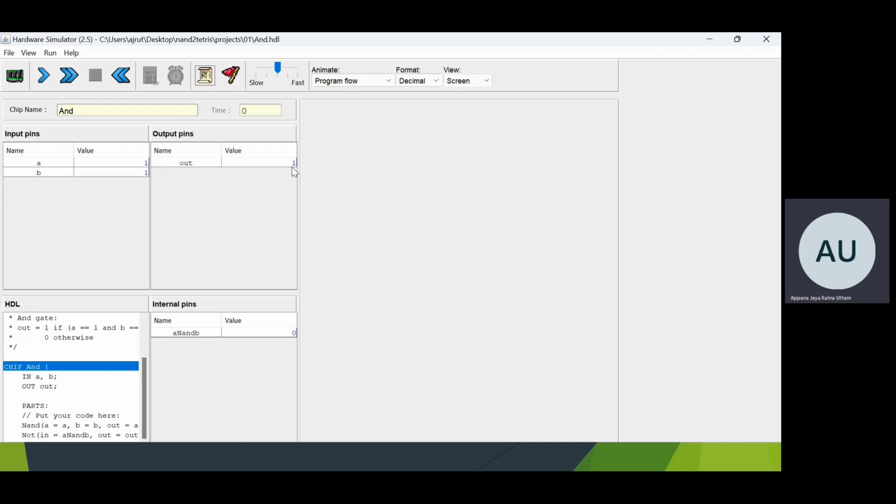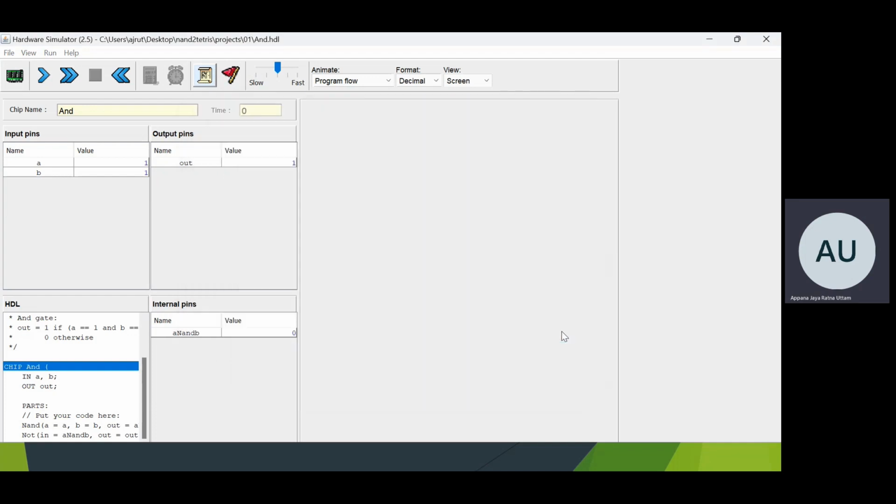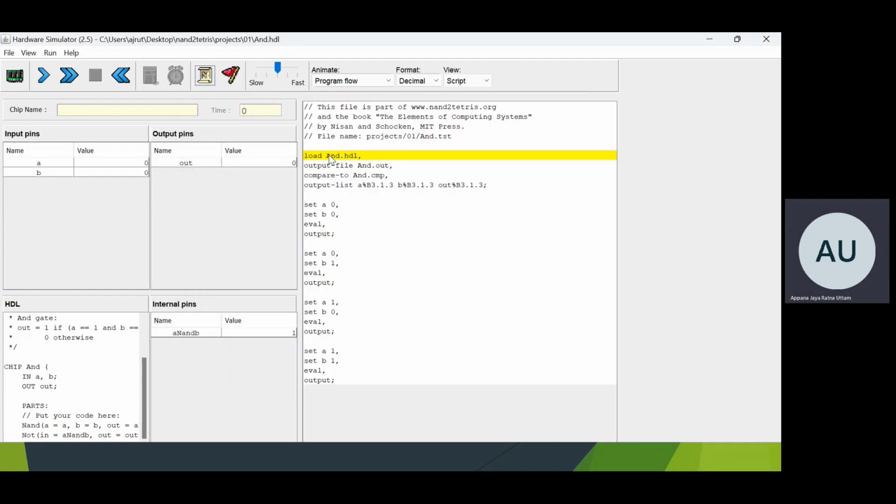Another way of executing this is the test script file. So we have a script file here. This already has the sequence of commands, so we need not load anything. It already mentions the load and output file, and we will get the output file where the output of this code will be mentioned. And there is already a compare file mentioned